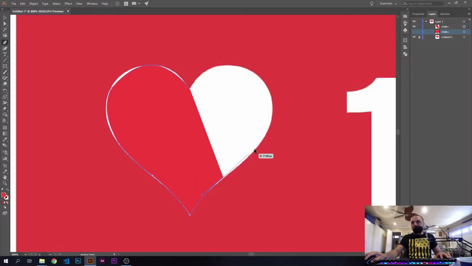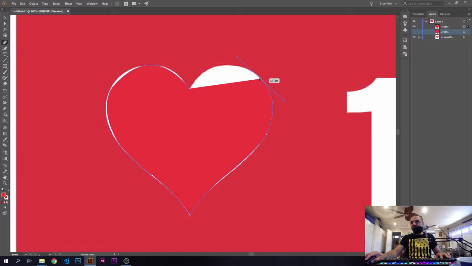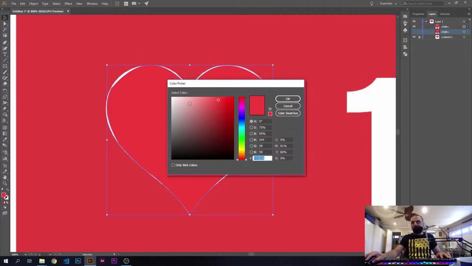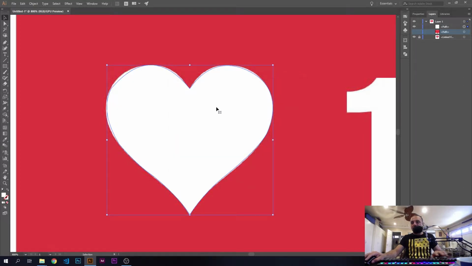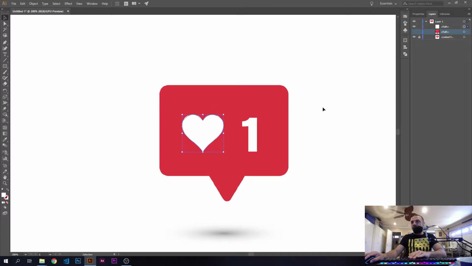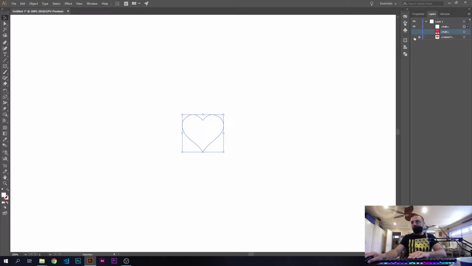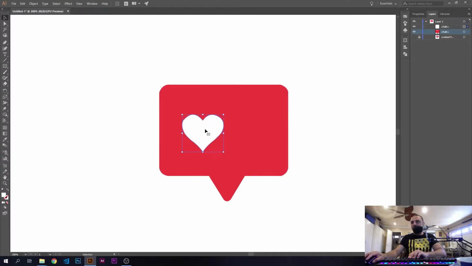Can do this one, and again, you guys, this is not extremely accurate. You guys can be extremely accurate when you do your own stuff. So there you go, and then we can do even this one just like that. That's good enough for me. And I click this, make it white, and done. Now we can zoom out, we can hide the original layer, we can bring this one back,